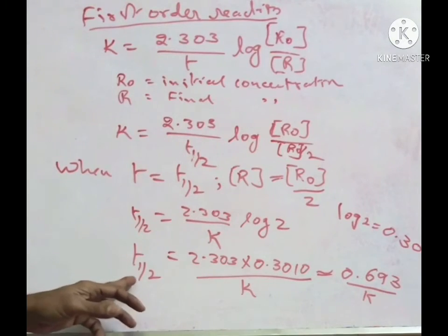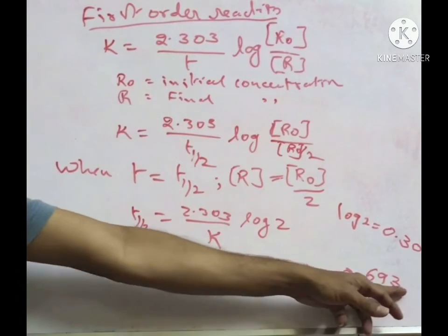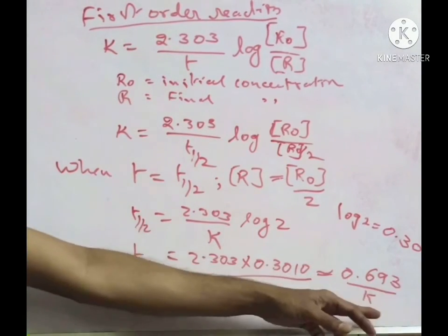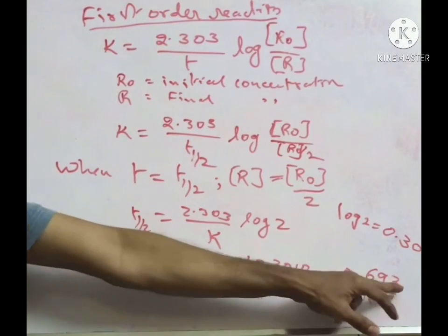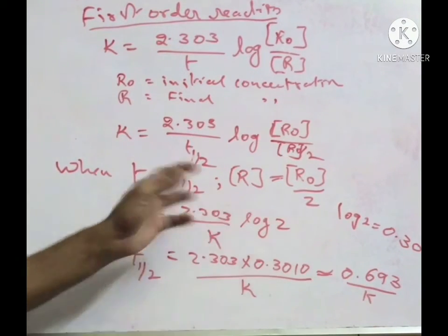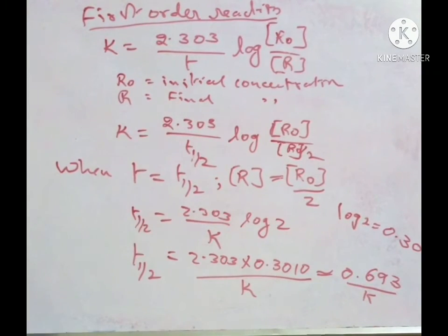So this is the way the first order reaction half-life period can be identified. So here you see there is no concentration term. It doesn't depend upon the concentration. But there is a numerical value that comes because of the logarithm. In the previous video I told that these numerical values come. So this is the way we can answer this. Using this, we will do a question.